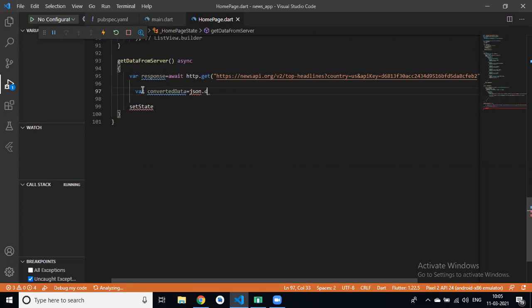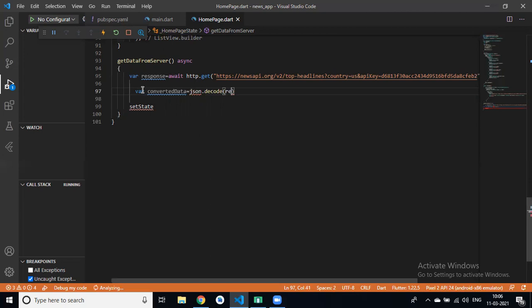Why? json.decode: the body of the widget we have to decode, decode our JSON data, right?